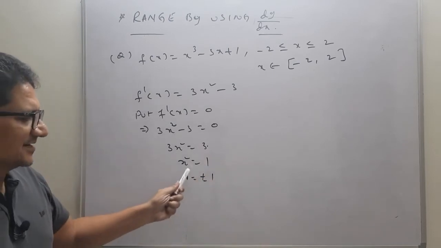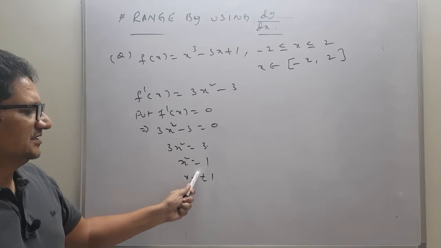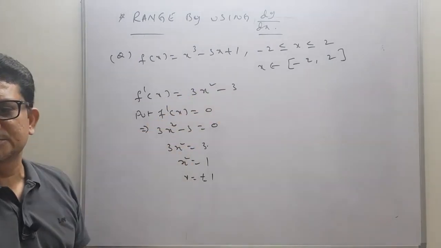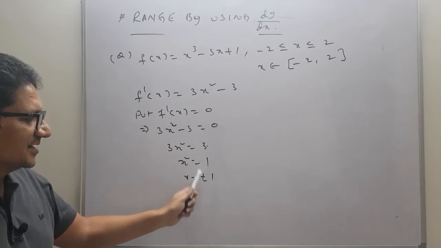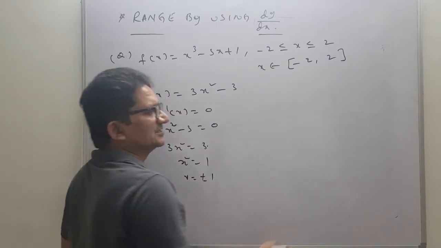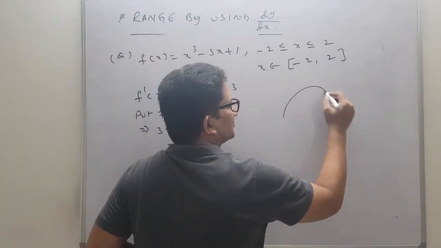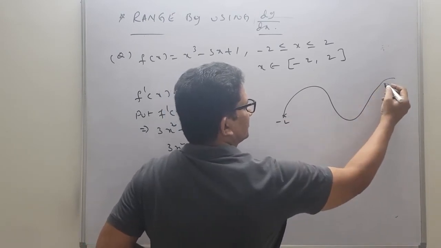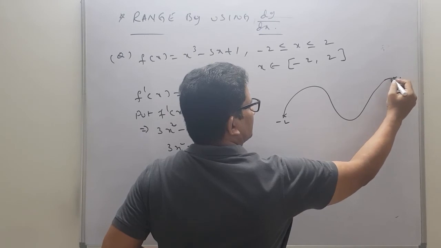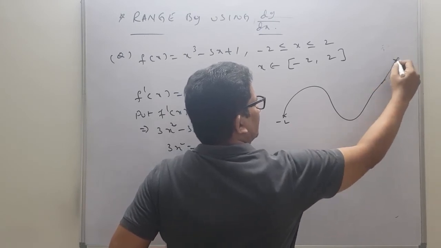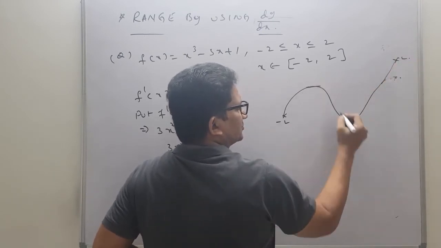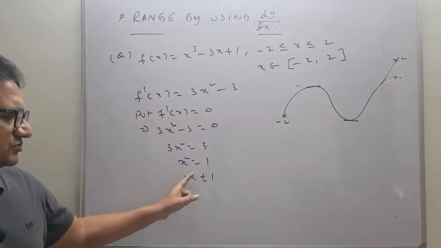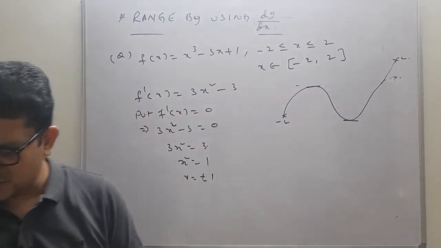So we got critical points. At these 2 points it is clearly 0, that means it cannot be positive always. Now we got critical points, roughly see, between minus 2 and 2 it will go like this. Suppose this is minus 2 and somewhere over here is 2, in between those two we got plus 1 and minus 1, two roots. So these two values we got. Now we need to check for all the values.